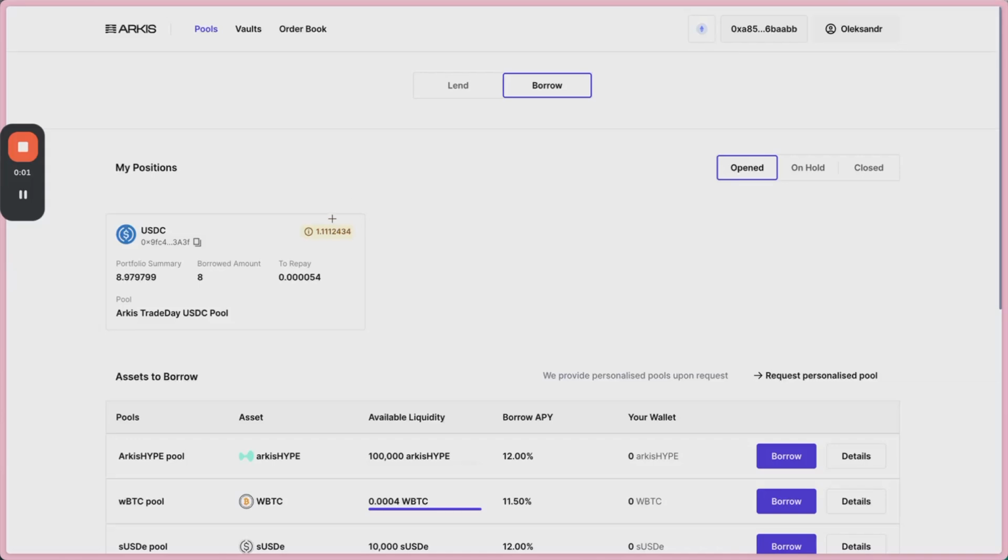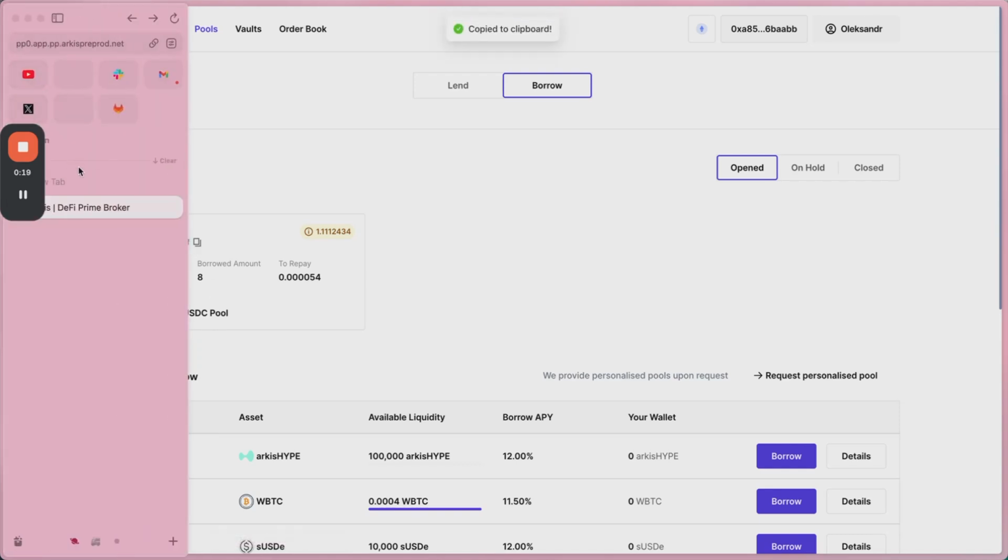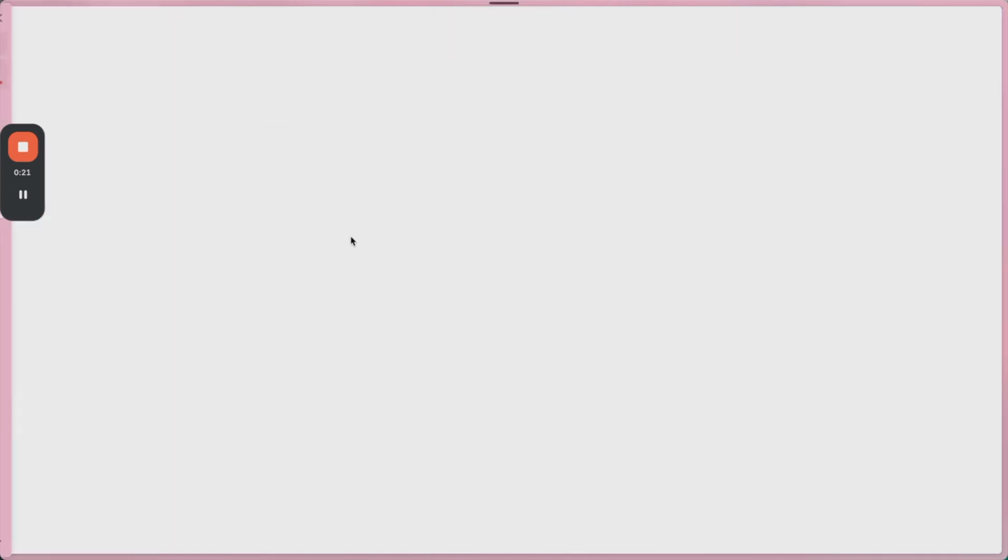Now when the withdrawal was initiated by the Arkis risk management team, we can validate it and see that our risk factor has dropped from 2.1 to 1.1, and the total portfolio value summary dropped from almost $17 to $9. So what is the reason for that? If we click once more the address of the margin account and see what's going on,